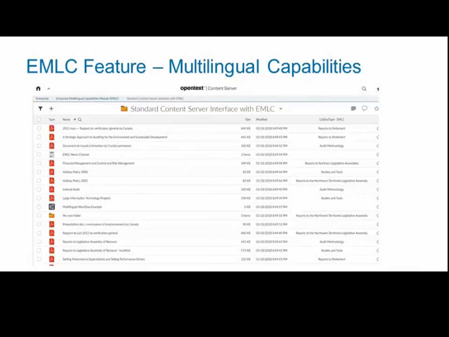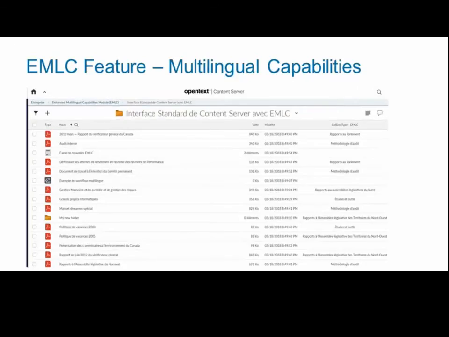The exact same view now as a French user, I'll just skip to the next slide. Now we can see everything is in French. So the language that I have as my preference as a user, that is what I see. And again, it's not just on these pages when we're browsing through, it surfaces everywhere that there is metadata. So this is when I'm adding content, if I have to add additional metadata. When I'm searching on content, I see information in my own language and so on.